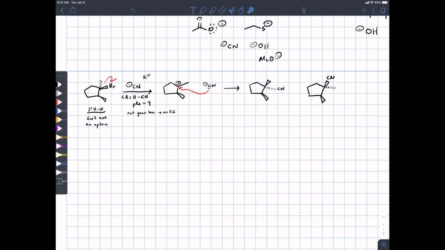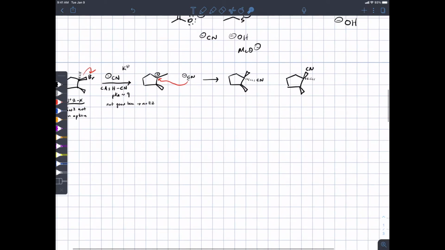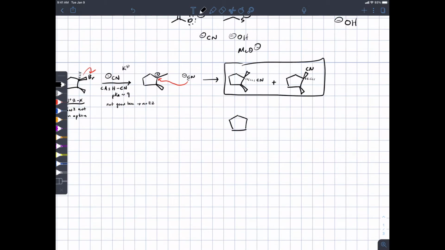Either way, that's a problem that you need to fix. Alternatively, what if you started to draw, so both of these answers are correct, and you would need both of them to adequately communicate that this was an SN1 type reaction. What if you had done